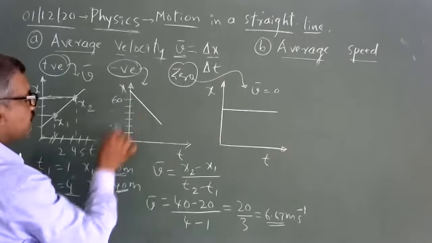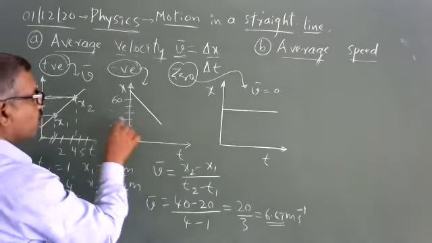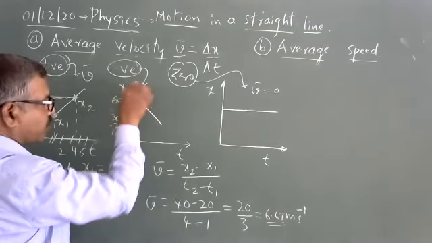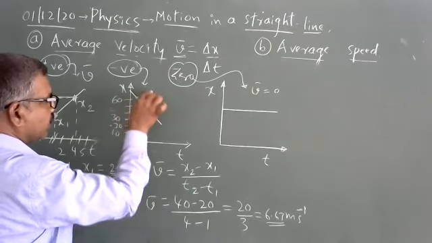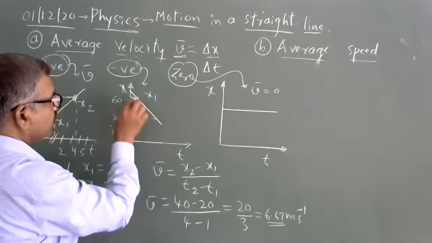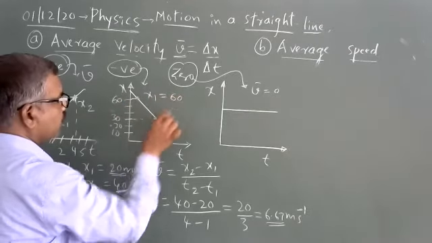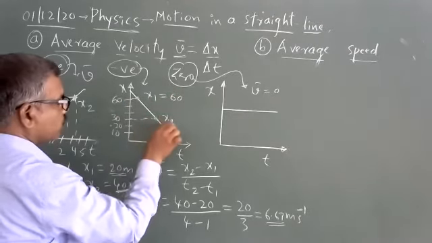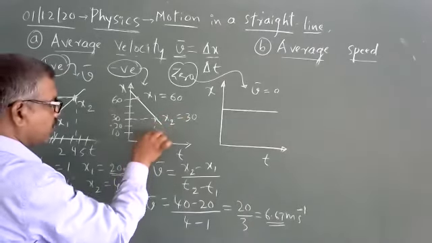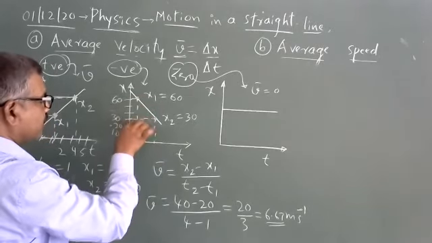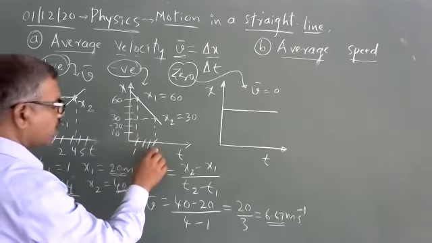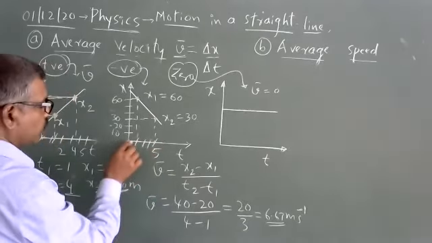So call it 60, call it 10, call it 20. Now call it 30, this point. Now if I locate the starting point, initially it was located at x1. Now finally it is located here at 30. x1 equal to 60 and x2 equal to 30. Now I need to calculate the corresponding time interval. I can write it as 1 second, 2 second, 3 second, 4 second. Again, it is located at 1 second, or you call it the 5th second. No issue, because this is 0.